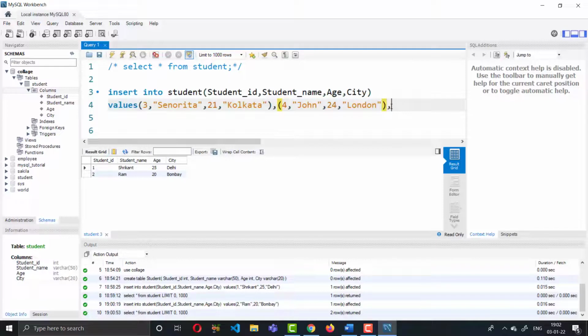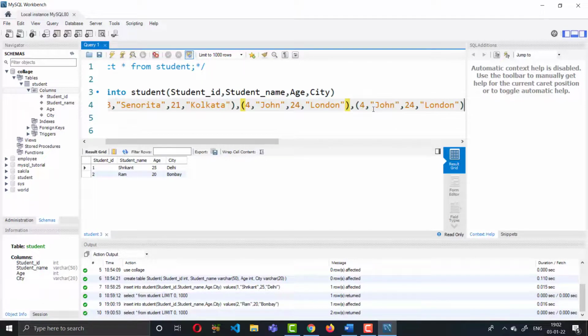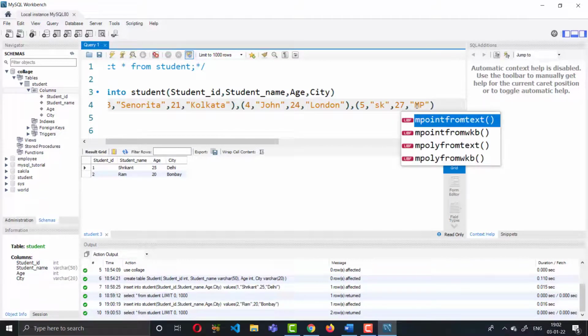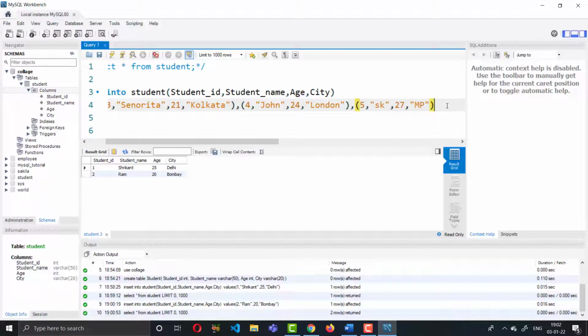Okay, now create one more row, so just copy that in the parentheses. So ID 5, give the name SK and age 27, and suppose city is MP. Okay, all right.